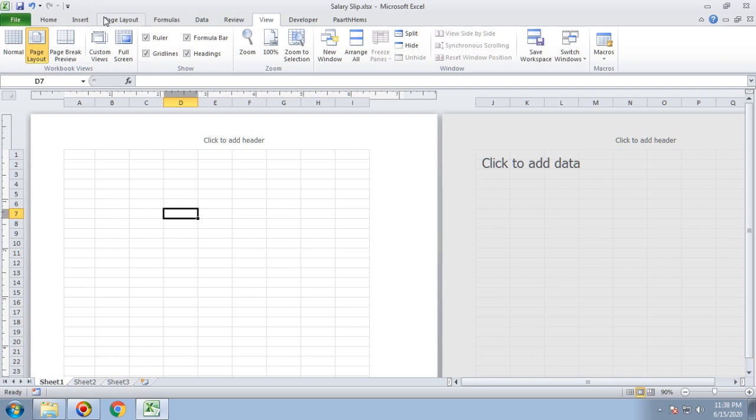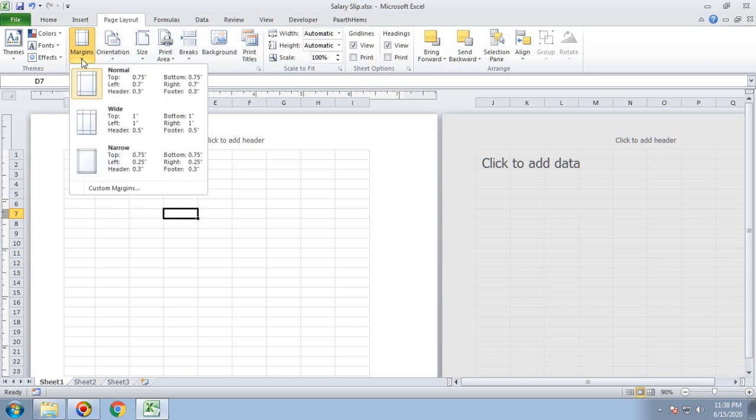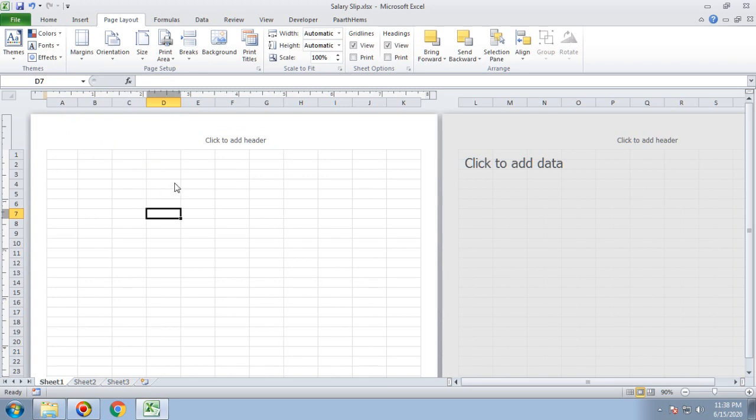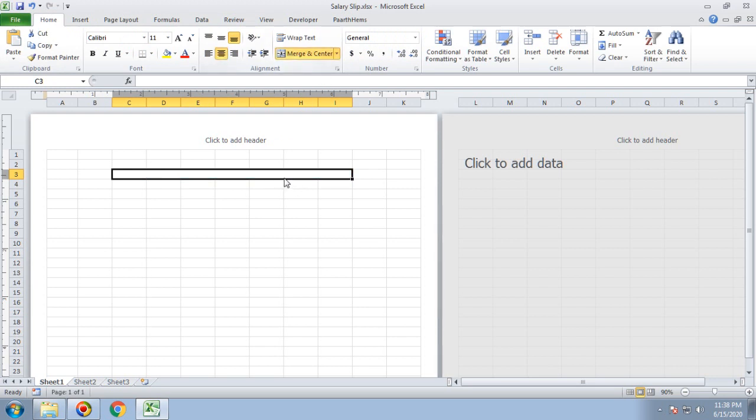And the second thing you need to do, we'll fix some margins for this as narrow margins for the corner borders, so you can make use of maximum layout size. The very first thing you need to do is merge some of the cells to provide the company's name. You need to decide what company name you are going to put here. What I'll do, I'll just provide it as Parth Hems